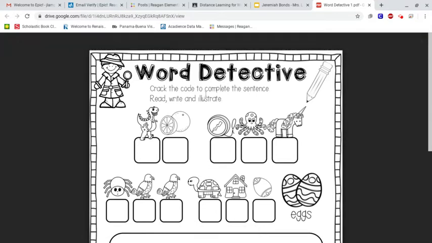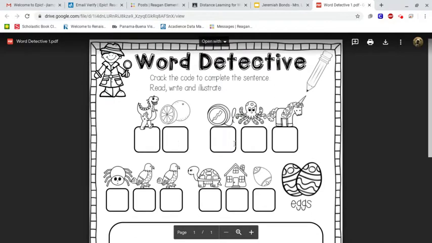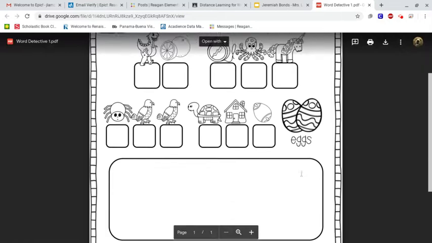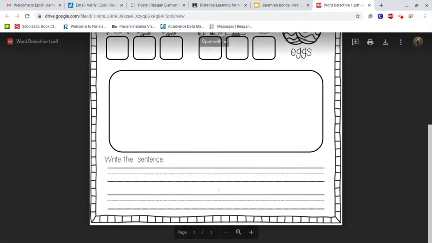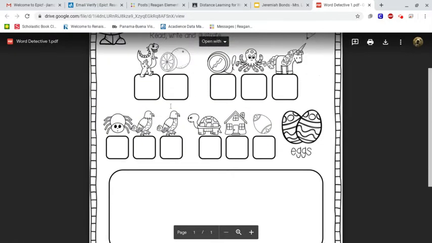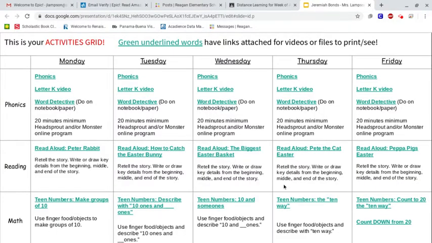We've done lots of these in classrooms, but your parents might not know that you need to put the beginning sound. So D for dinosaur, O for orange, and of course the word is do. And then you'll do the other ones, the last word being eggs. Then you'll illustrate the sentence and write the sentence that you just made with the cracking the code. Okay. And then,